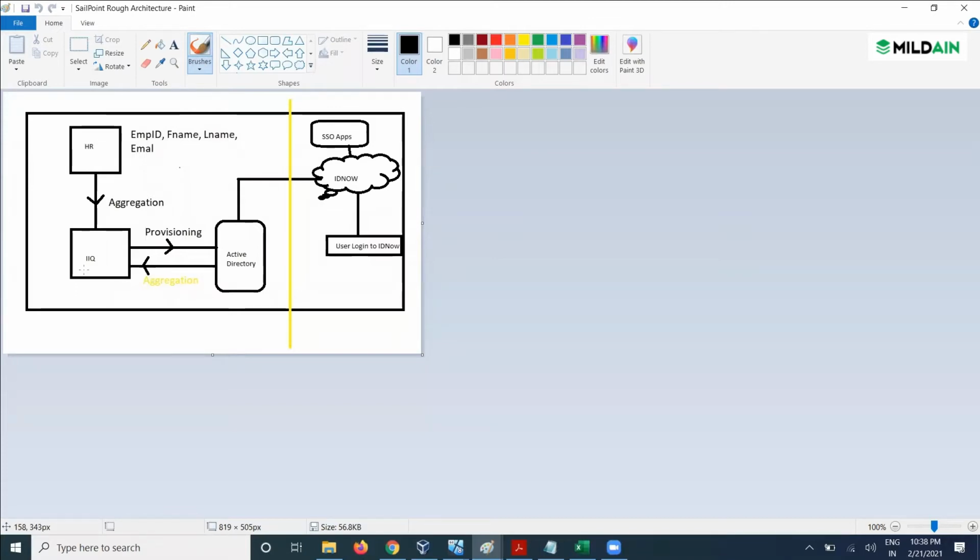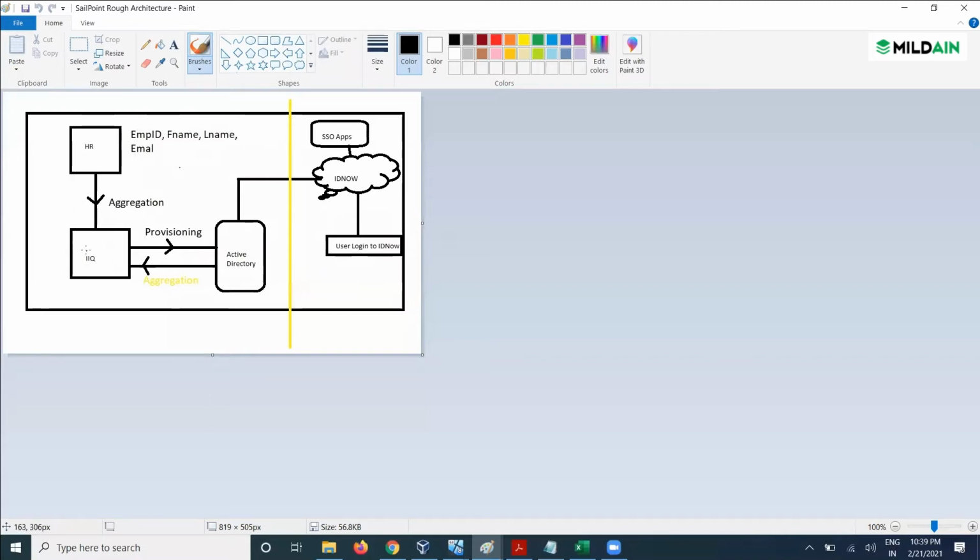You understand. Great. Suppose we have various sources, and one of the sources is the HR source or any HR application that we have. That HR application holds the user records, which are stored in either a database or some Excel sheet, like a flat file, CSV, comma separated value file. The employee attributes are employee ID, first name, last name, email, phone number, etc. And this HR source we have integrated with IIQ.